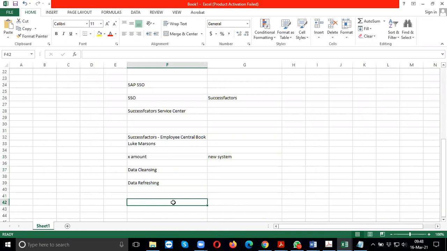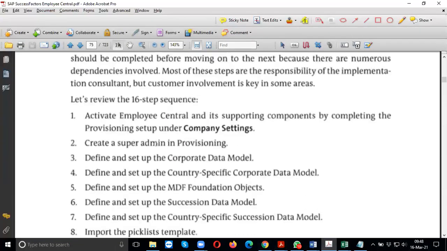Okay, so it can be anything, right? Yeah. So it all depends upon the scenario, but these are the implementation steps. So if you look at the book also,